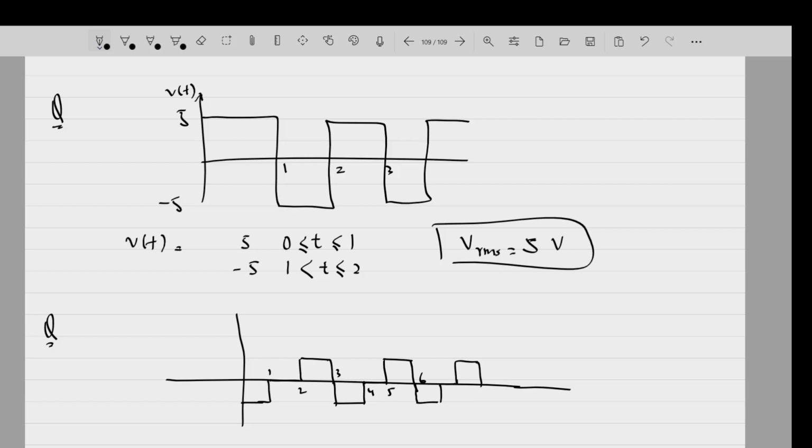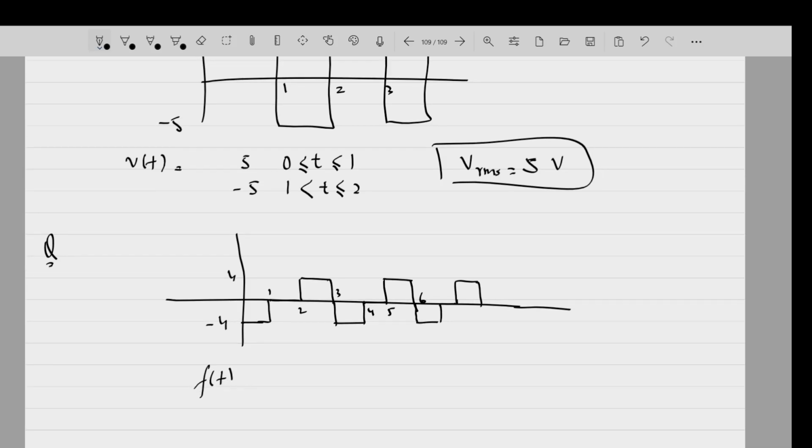इसकी फंक्शन जरा बोलो। 4, 5, 6. This is 4 minus 4. This is 4. What will be the function of this? ये सर 1 to 2 हो जाएगा, ये माइनस का 4 जो भी है, और 1 से 2 तक 0 हो जाएगा, 2 से 3 हो जाएगा 4। सर 0 से 1 -4 हो। -4, 0, इसके बाद पीरियोडिक होगा। -4 0 4 -4 0 4 -4 0 4, सर टाइम पीरियड हो जाएगा इसका 1 से 3 हो जाएगा, 3 सेकंड जो है।